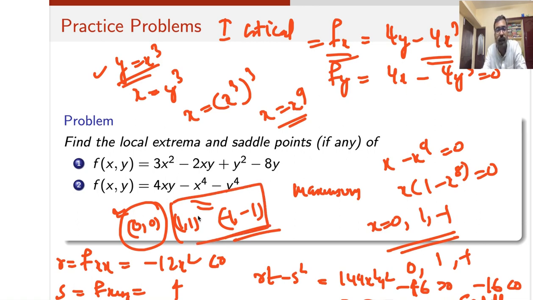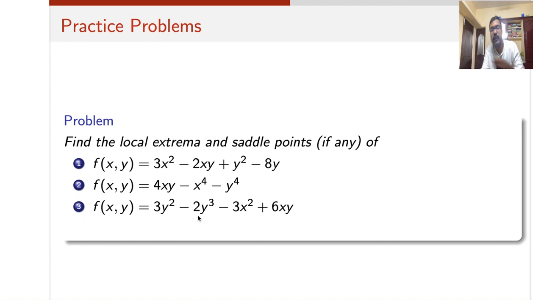So that's clear. Similarly, you can try these problems also. Please try to do them yourselves. They are very straightforward calculations, so please do these problems as homework. I hope it is clear. So this is the maxima and minima. In the next section, we will be discussing the absolute maximum and minima and some word problems also. Okay, thank you.